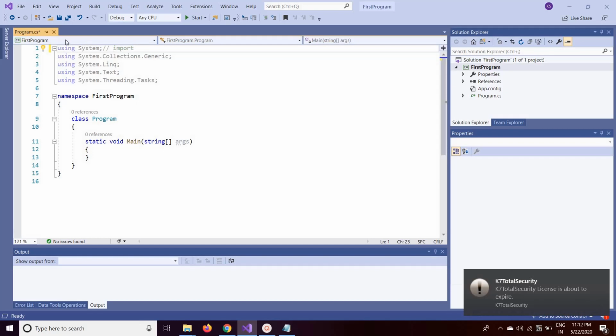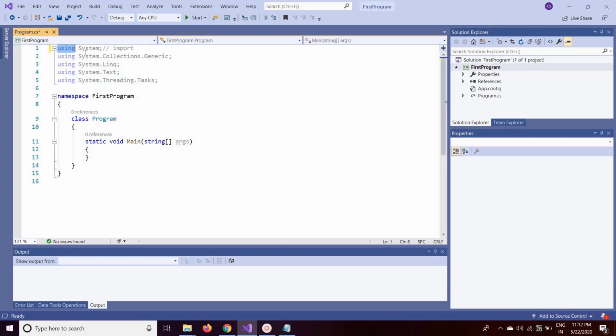What is using? Using is a keyword, and with this keyword we can refer to the base class libraries. In .NET, the base class libraries are divided into a collection of namespaces, and each namespace contains a set of predefined classes and also sub namespaces.